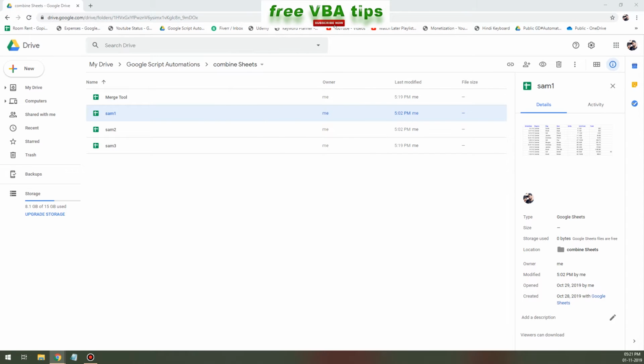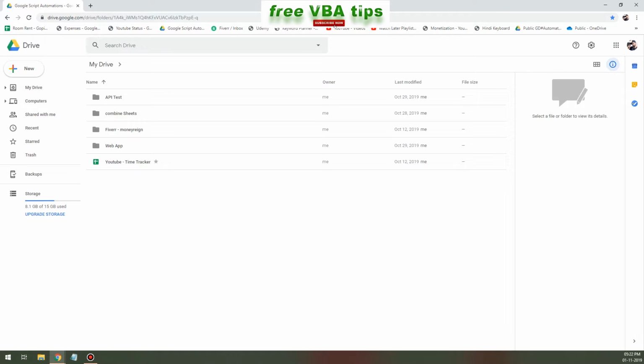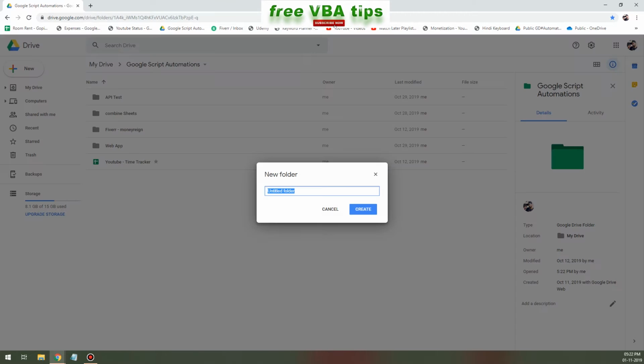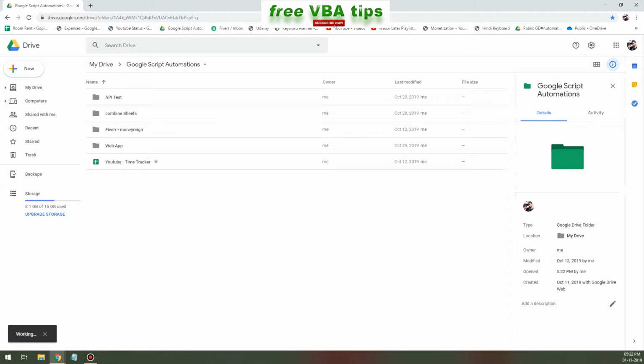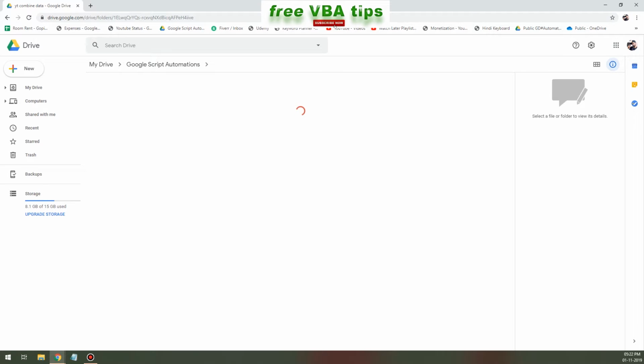Let me just close this one and we come over here. Go to any folder where you want to build the automation, right click, and create a Google Sheet, or YT combine data. Click on combine data. We are not merging the data actually. So we created the folder and it is taking so much time. Okay, now I come over here in my folder